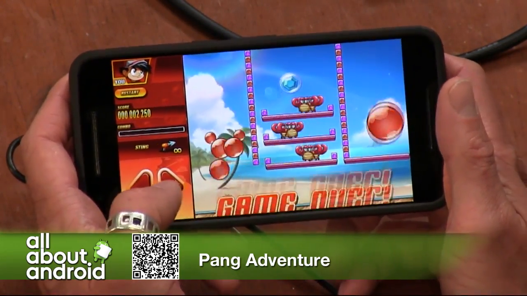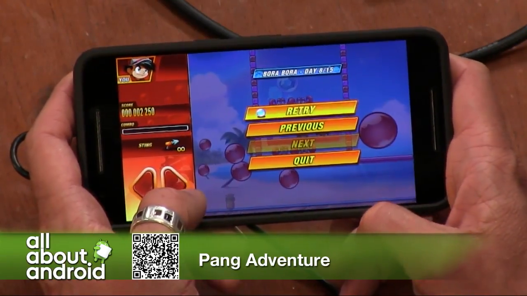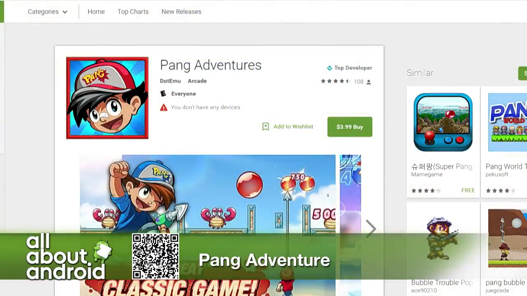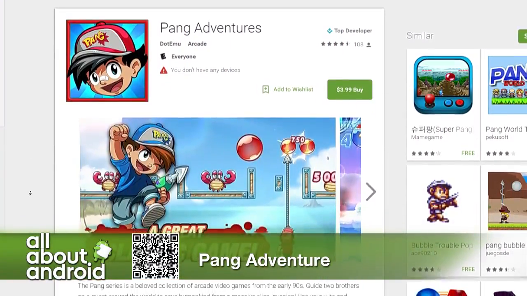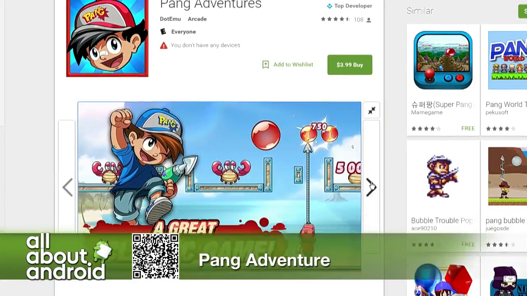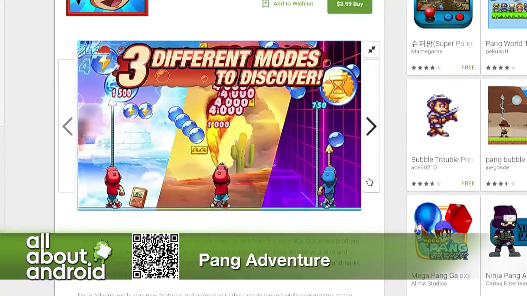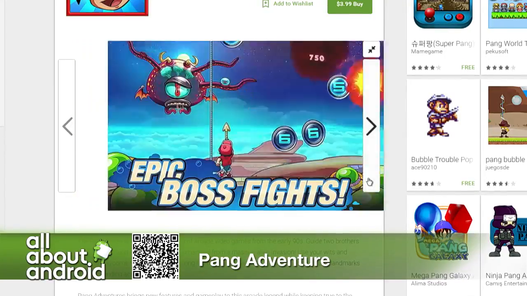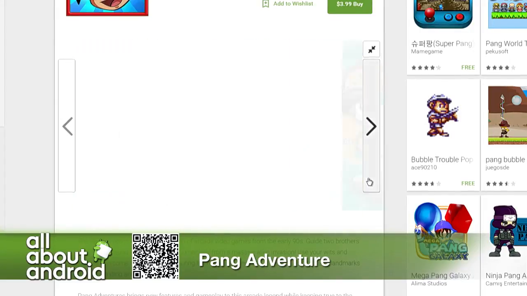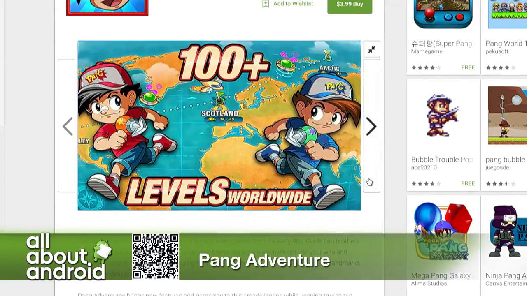And I don't know, there isn't a whole lot to say more other than this is a piece of my childhood, and here it is. It's called Pang Adventures. It is $3.99. It's by Emu. Really great developers, by the way, that go back in the catalog and pull out either characters or series from old school video games and update them for the mobile platform. I really like a lot of what they put out, and I'm just very happy that they put this out. Pang Adventures,